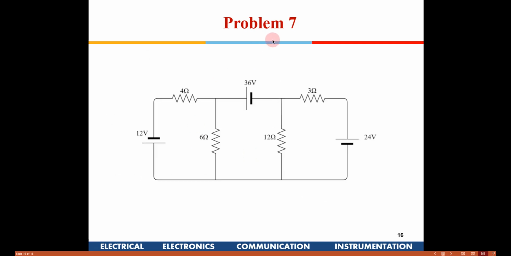Okay, now the last problem which we would take is super node. I explained to you what a super node is in the class. Wherever we write nodal equations, if there is a voltage source, either independent or dependent, which is connected to a node, you cannot straight away write the current. So we cannot assign a current initially for what is going to flow in this battery, right? Because this internal resistance is 0, and this terminal voltage is 36. So I can't write 36 divided by 0 equal to infinity current which is coming into this node.